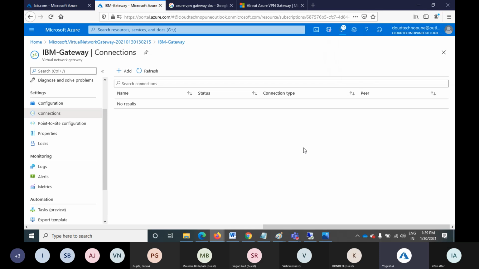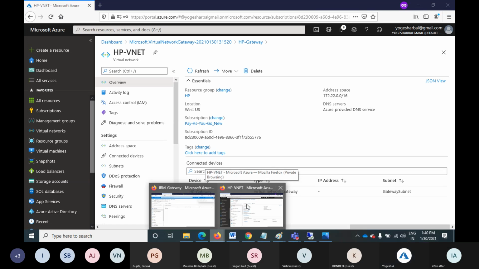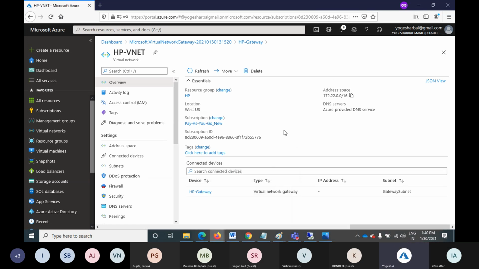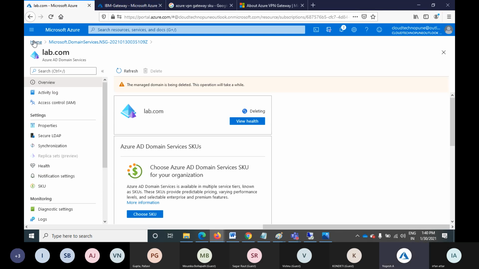The same connection we need to create on the other site, which is my HP. Before that, we will deploy two virtual machines for testing purposes, and then we'll create another connection. So go to the home,